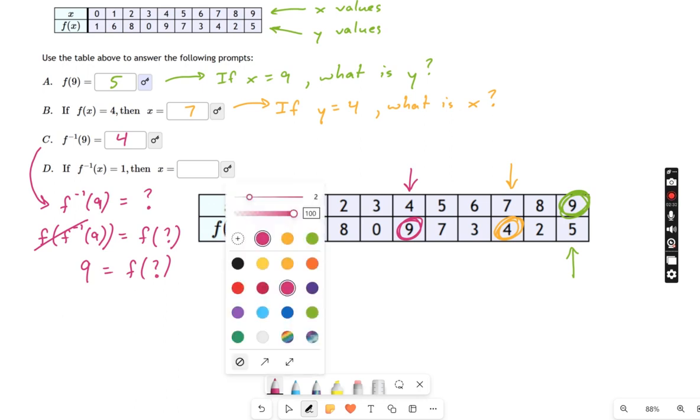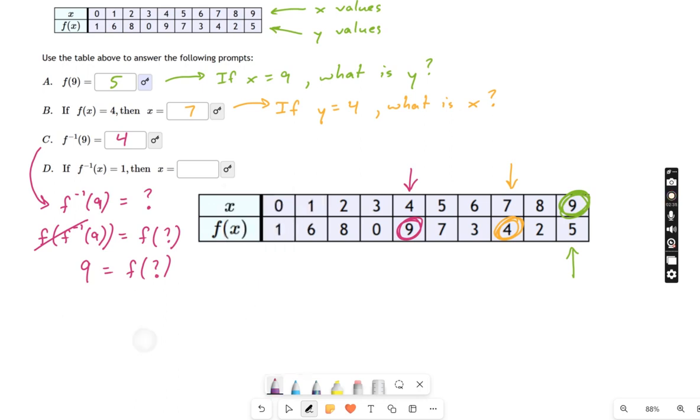Let's try that again with the last part of this. Come down, bring D down here. So this is going to be f inverse evaluated at, and I'm going to replace that x with a question mark, because I think if I have too many x's flying around in this problem, it really does get confusing. So I'm going to say f inverse evaluated at something, I don't know what that is, equals 1. Well, I'm going to use each side of this as the argument for some function. So I rewrite it like this.